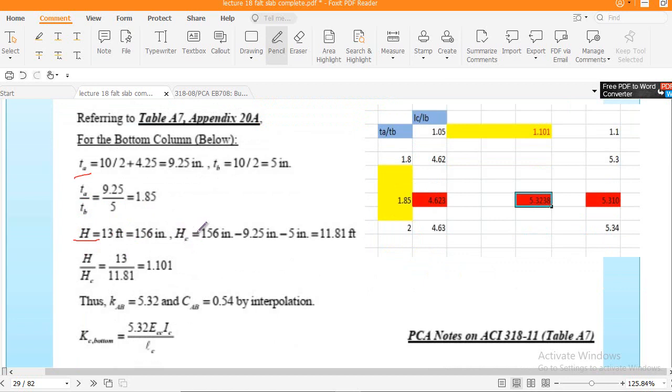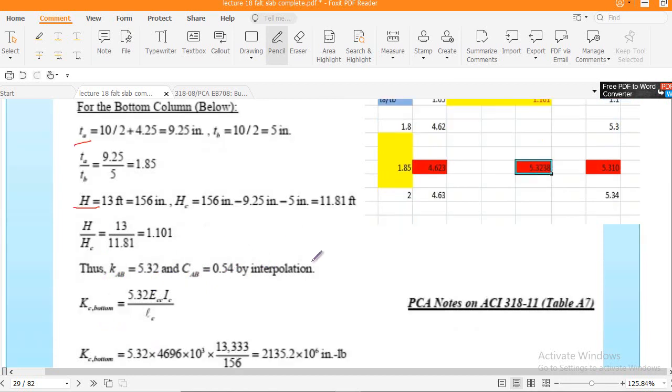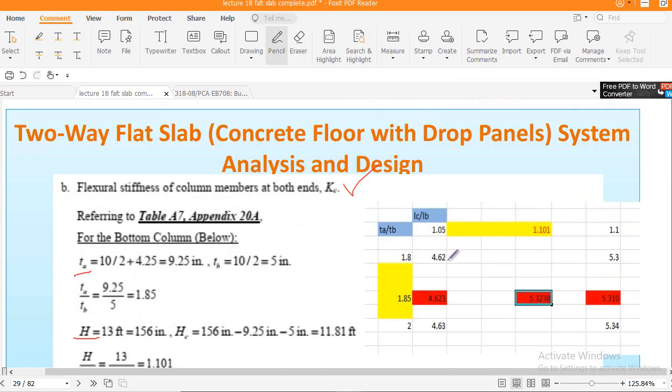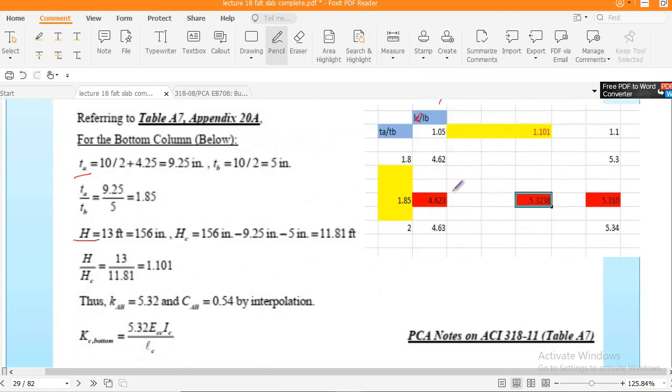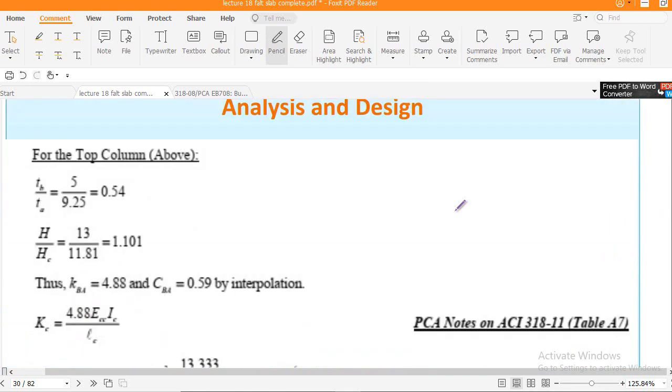This is the center to center span thickness height, and this one is H divided by HC, and thus KAB and CAB we have to interpolate. So this is the calculation. Remember TA by TB and H, and this is the H divided by HC, right? Again, remember, you have to interpolate the values